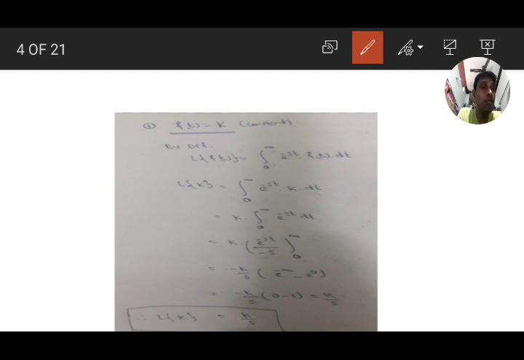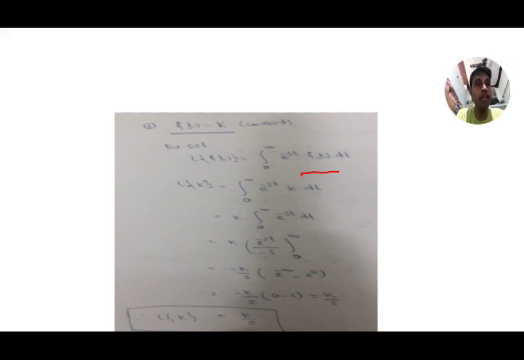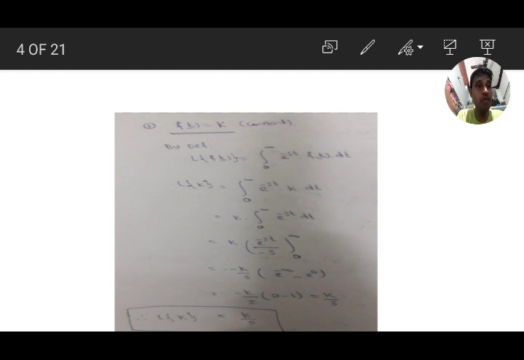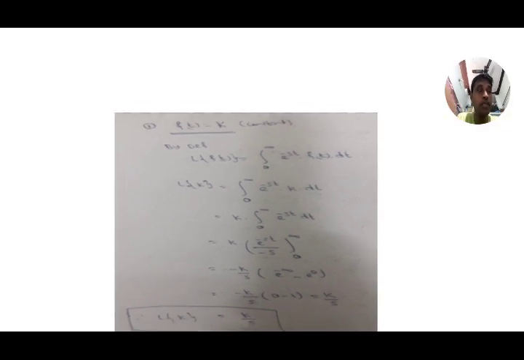Based on these standard functions, by substituting the functions for f of t, we get the Laplace transform values of those functions. So we will write down directly the Laplace transforms of those functions. Okay. Next.